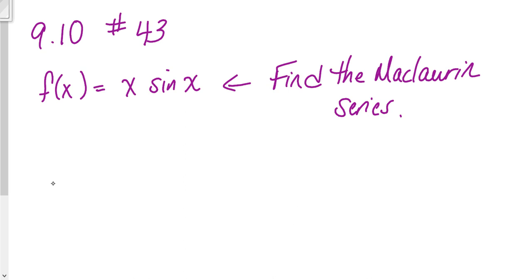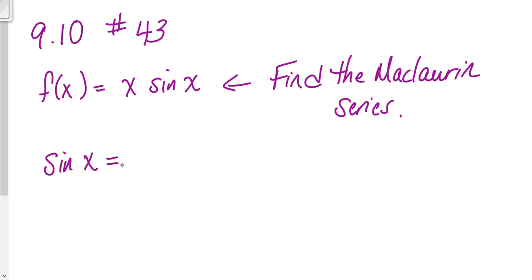Hi, this is a video to explain lesson 9.10, problem number 43. The directions say to find the Maclaurin series for this given function f of x. I know the Maclaurin series for sine, and so I'm going to just write out the first few terms of